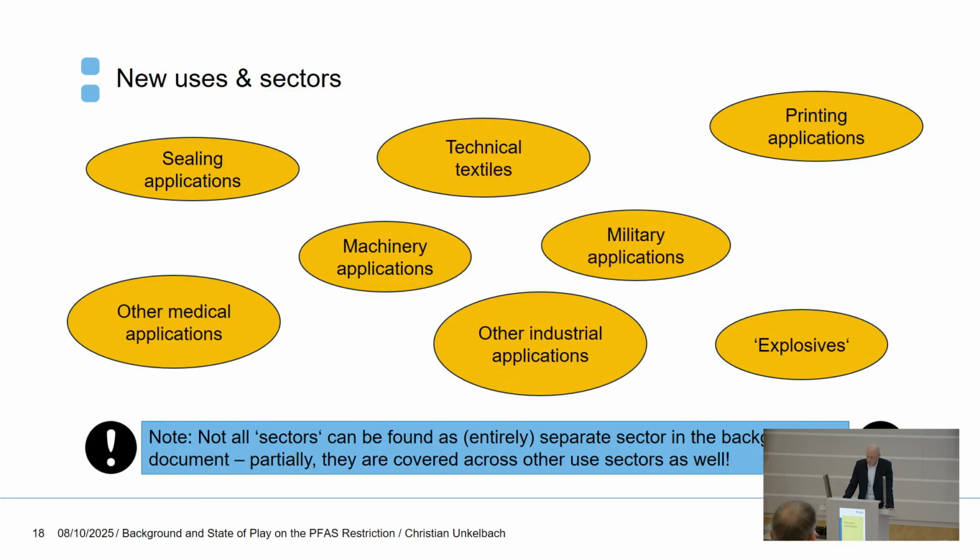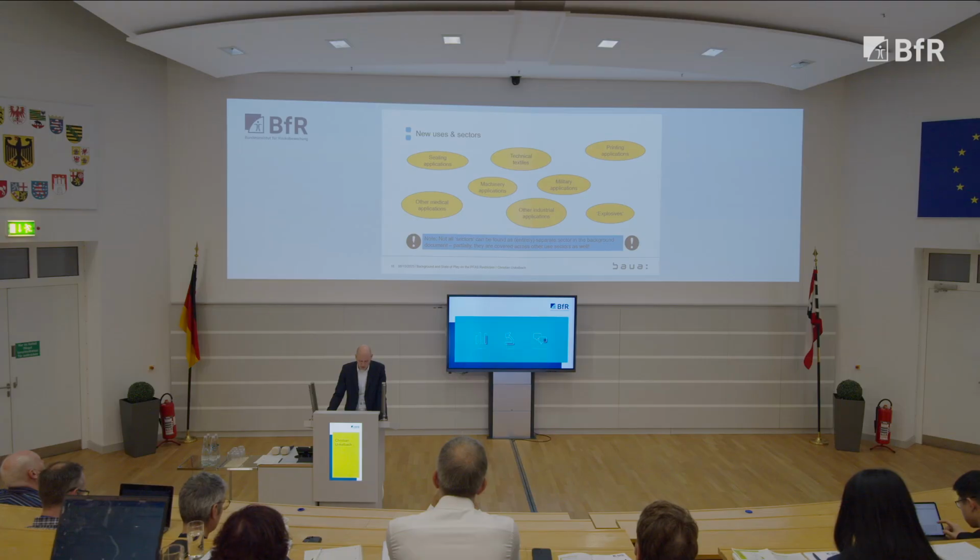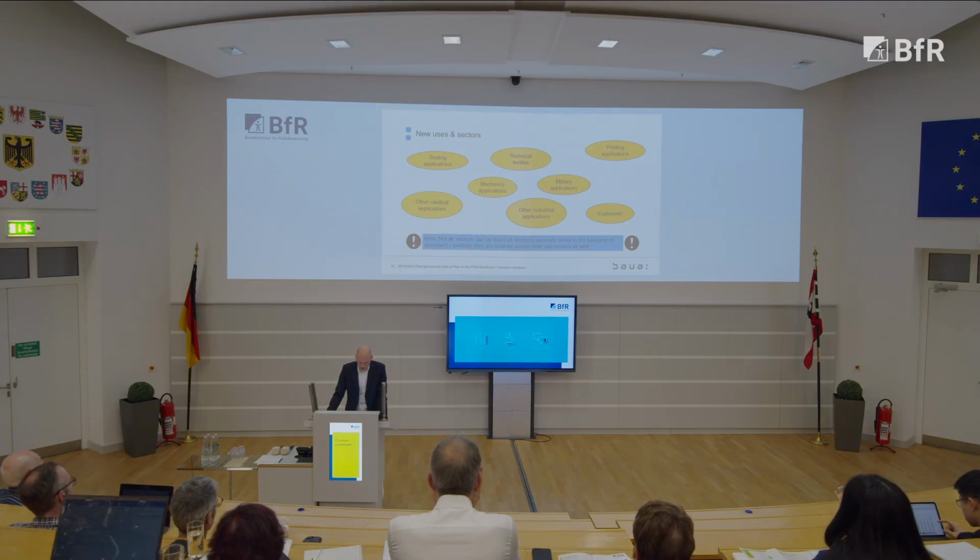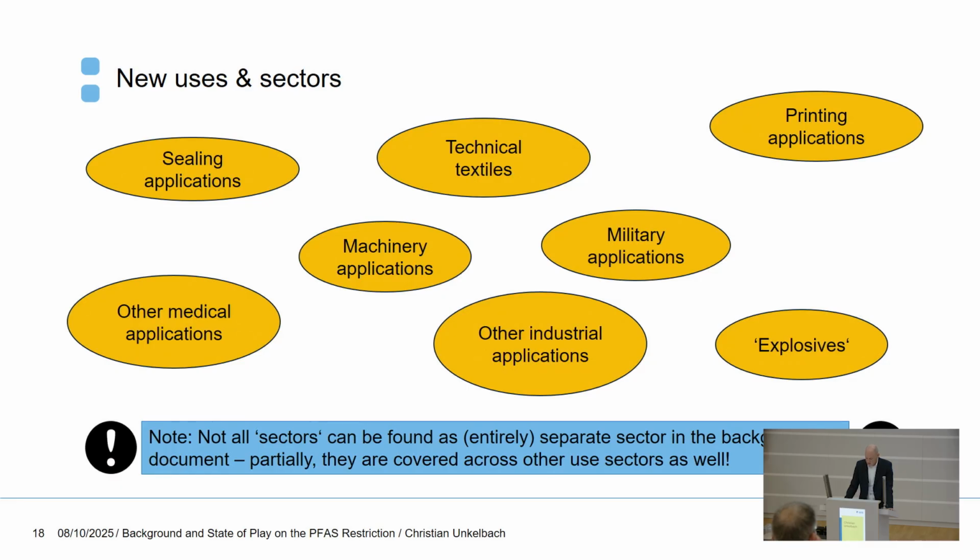These are the 8 new uses and sectors which we included in the updated restriction background document. These range from sealing applications, technical textiles, which is distinct from the TULAC I alluded to in the previous slides, printing applications, machinery, military applications, other medical applications, for the industrial applications and explosives. These sectors overlap, obviously. So there is not a clear distinction between some uses, and partially they are covered across